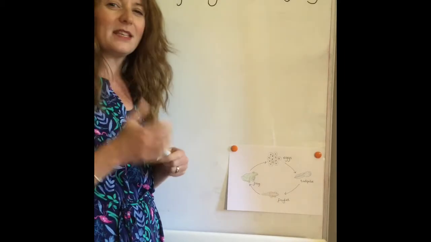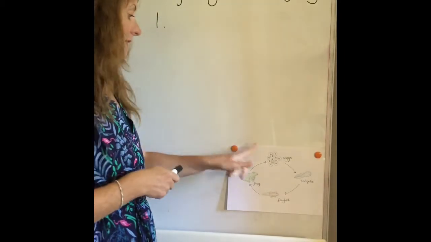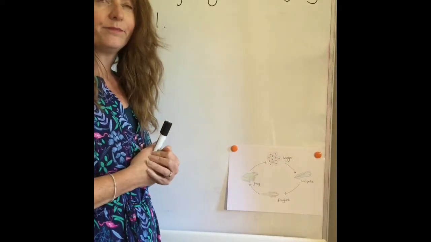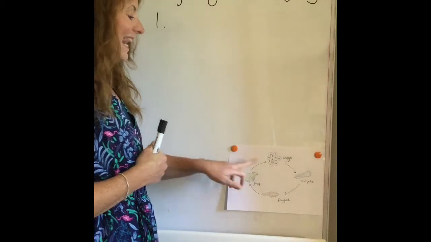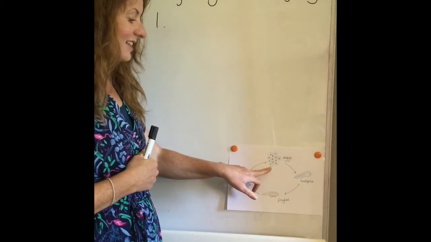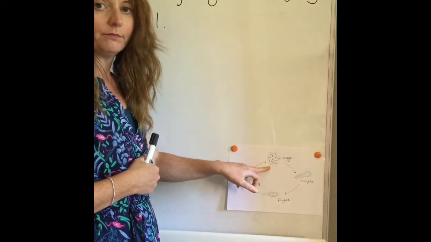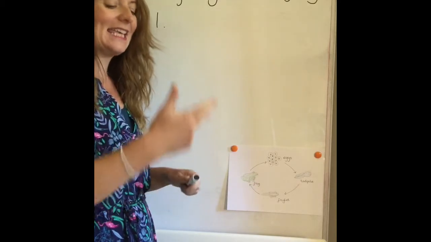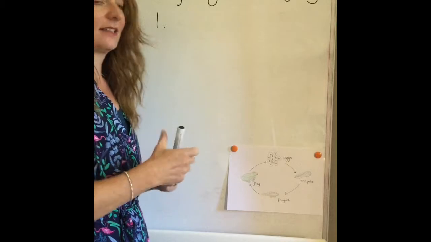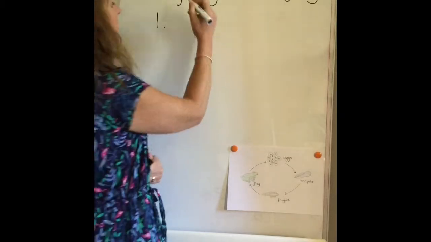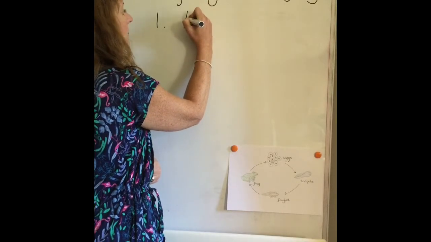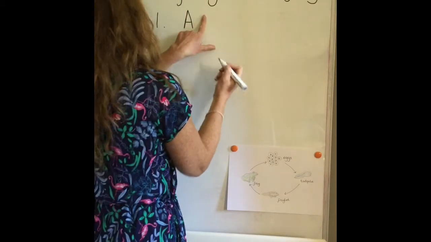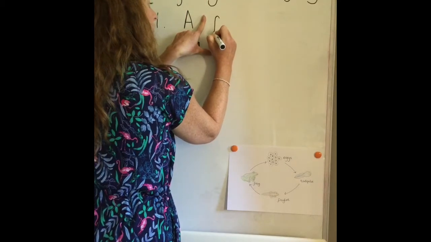And I need to come up with a sentence that explains this stage. So I'm going to say, a frog lays its eggs in a pond. So I'm going to start off with a frog lays its eggs. I know I need to start with a capital letter, so I'm going to do that. A frog